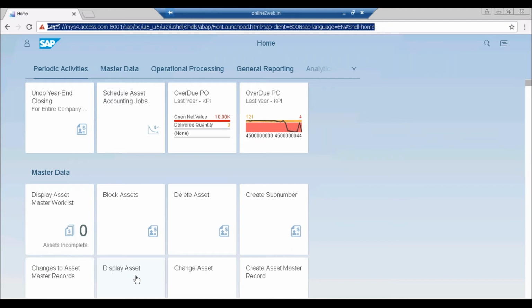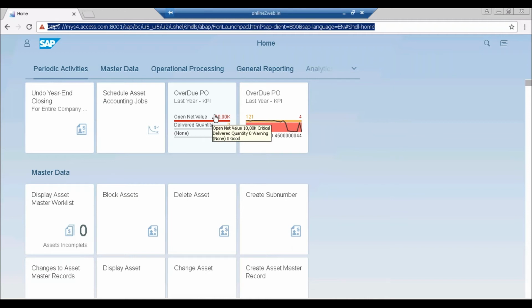So they want to see how much is total sales. Again on the sales, they want to drill down into how this sales is divided into different regions. So this kind of apps, which will give them the flexibility to see the entire information at one place, are normally called the fact sheets or the dashboards. So in short, there are three kinds of apps which are provided by SAP. One is transactional apps, second is analytical apps, and third is the fact sheets.